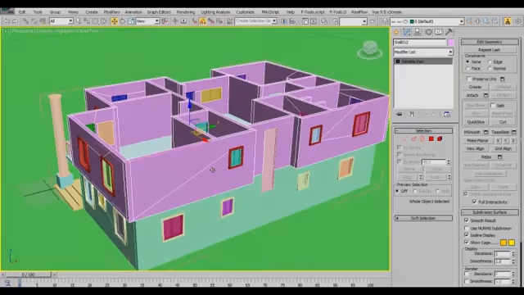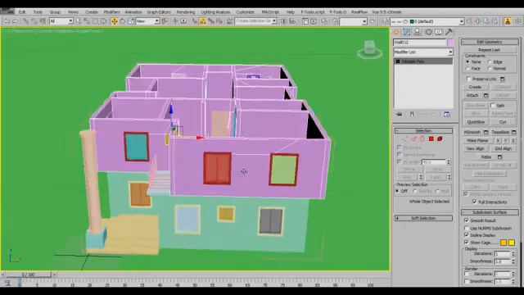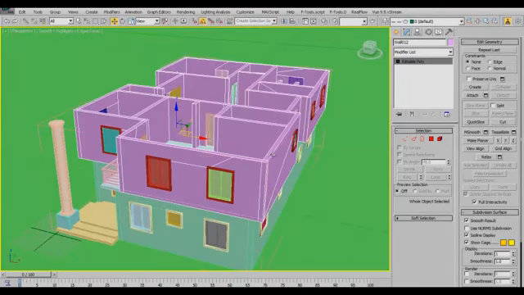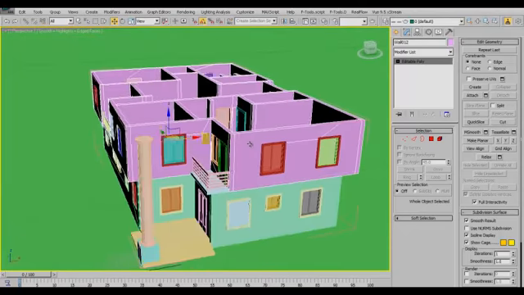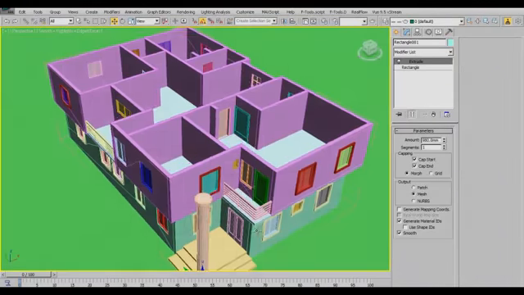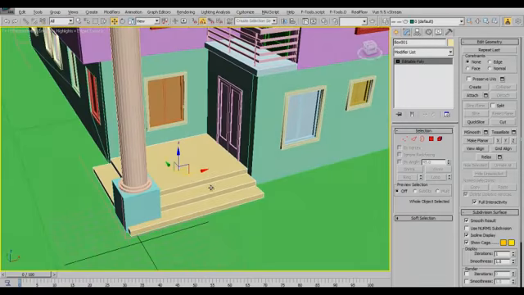Why I converted this is so I could adjust a couple of things, and in future we would probably need to do some other things like apply materials to certain objects. You could as well just throw an edit poly modifier over it instead of converting it totally. Alright, and here is my column, and I've also added a step and the step area, the step up,